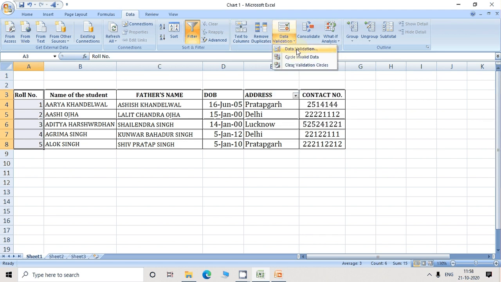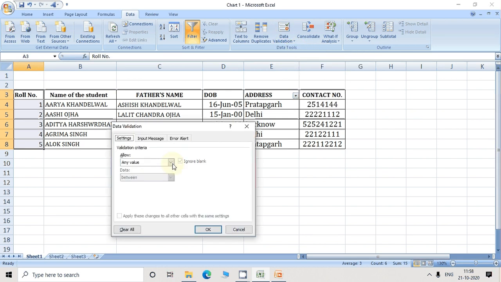Click on this data validation and use the validation criteria. Allow any value, or go to the custom. Then in the formula you put here the formula that it must be less than 100.